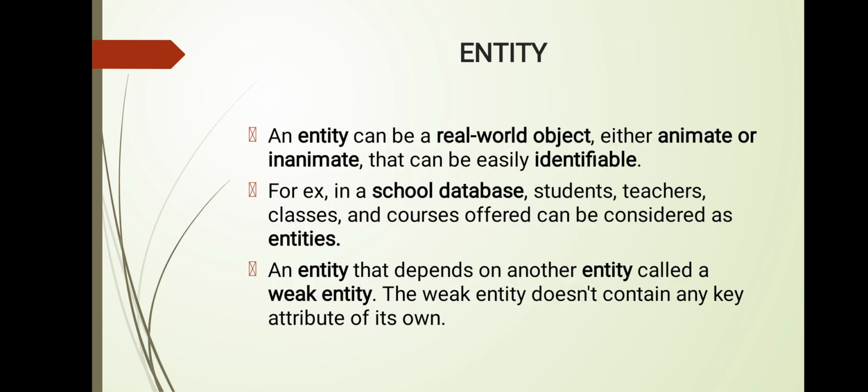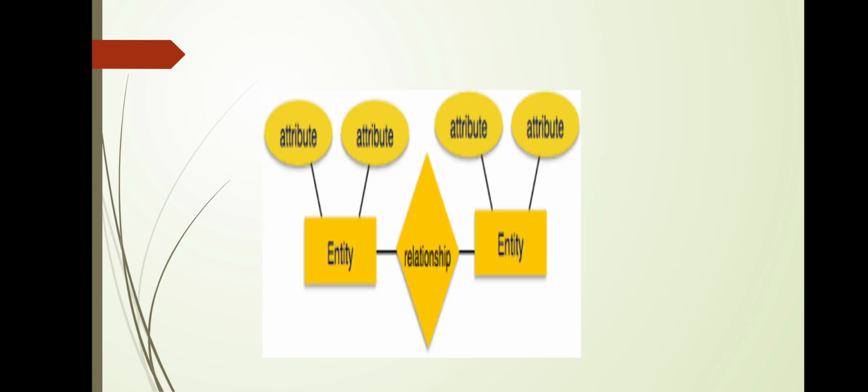First we have to understand what is an entity. An entity can be a real world object, either animate or inanimate, that can be easily identifiable, which means an entity is nothing but an object. All these entities have some attributes or properties that give them their identity. An entity that depends on another entity is called a weak entity. The weak entity doesn't contain any key attribute of its own. This is the example,